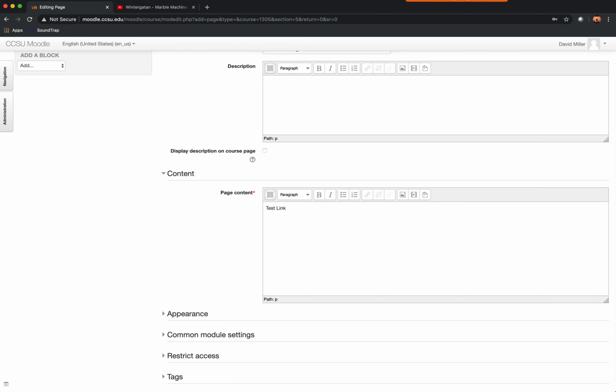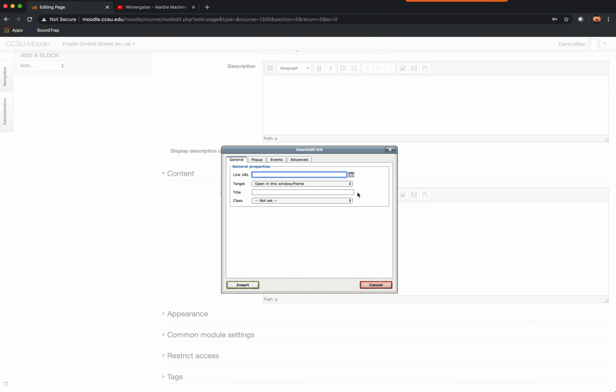One thing I do want to point out about links is that when you create a link, one of the options you have in the target is whether it will open the website you've selected in the window that the person is in. So they're in your Moodle, and if they click on the link, it will take them away from the Moodle and open that website on that same page. What I oftentimes will do if it's going to an external website is select this second option,